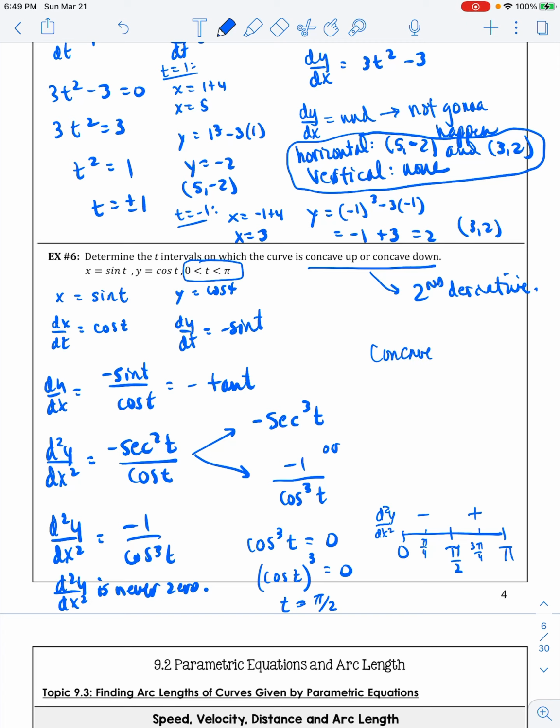We know that the sign of the second derivative tells us concavity. So it's concave up from pi over 2 to pi, and concave down from 0 to pi over 2. Okay, so those are your concavity intervals, and that is the end of